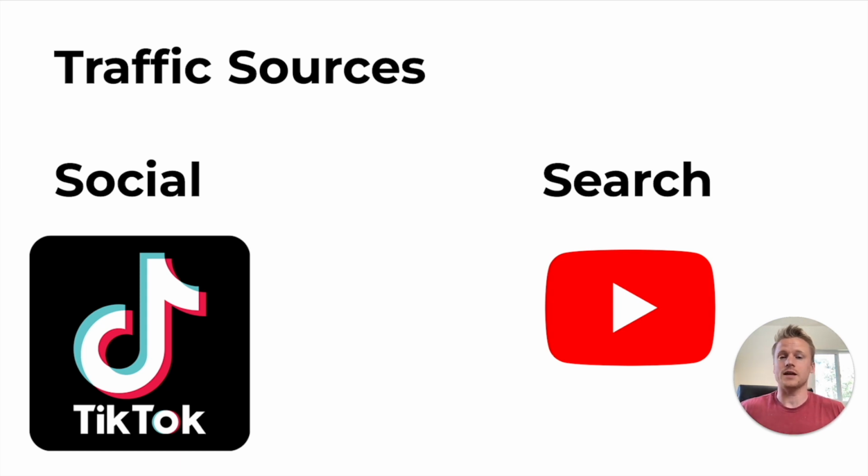So you could create a blog or a YouTube channel, and it's always going to be based around search terms that your audience is going to be searching inside of those search engines, which is why search traffic is going to be the best long-term option for beginner affiliate marketers, and social media traffic is going to be the best short-term traffic source for affiliate marketers to make money fast with affiliate marketing.